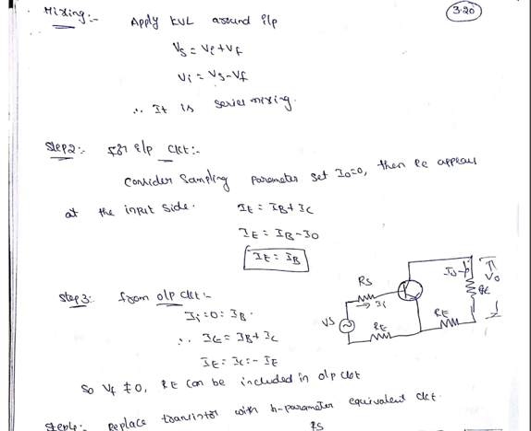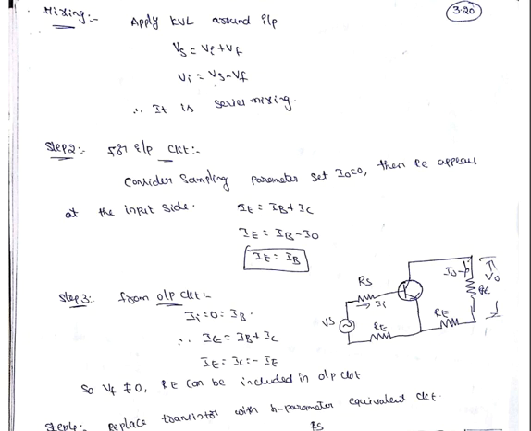Next, the mixing circuit. The input signal is a voltage, Vs equal to Vi plus Vf. So the feedback signal is subtracted from the input signal Vi. So it is a series mixing. For the input circuit calculation, by setting I0 equal to 0, Re appears at the input side. So I is equal to Ib. From the output circuit, Ia equal to 0, so Ib is 0. Then I is equal to minus Ic, so Vf is not equal to 0.